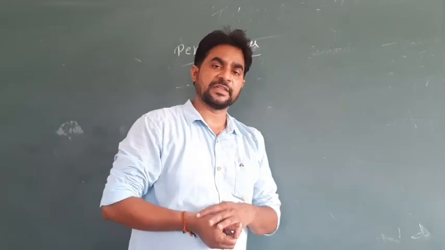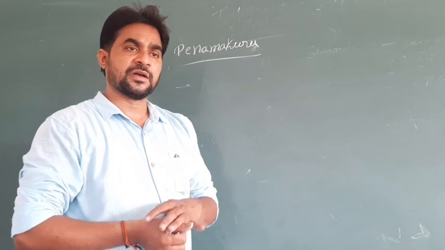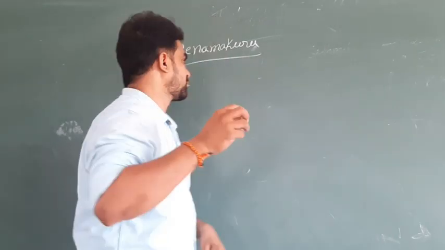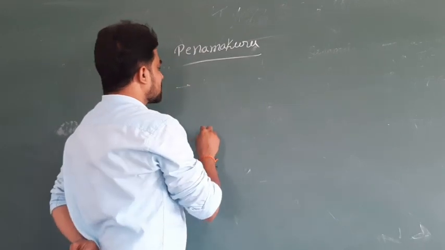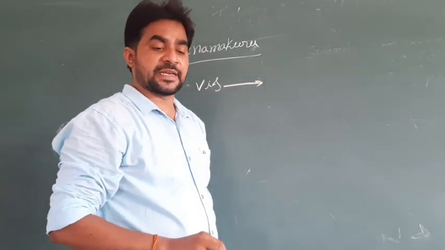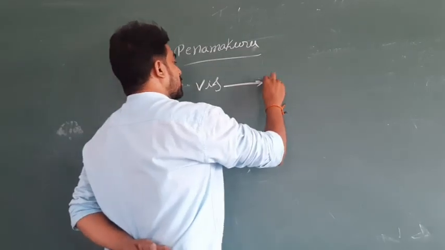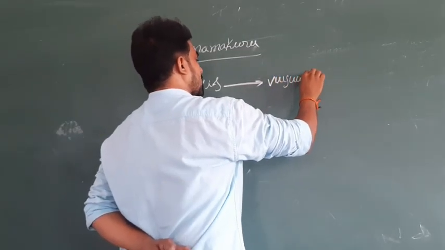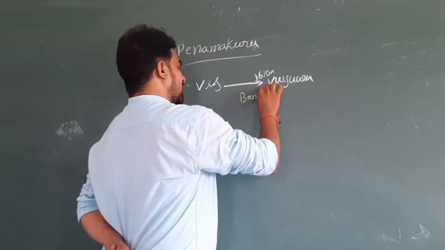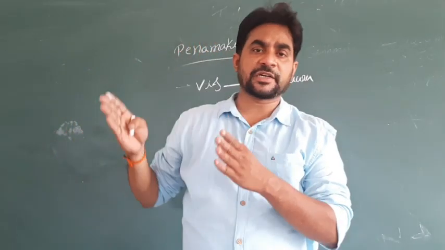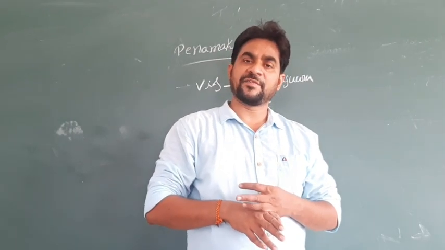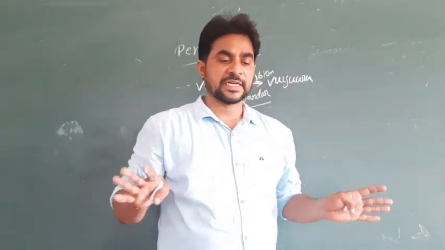Those who prepared this lesson gave an explanation in their own way, and similarly I will also explain in the same way. Those who prepared this lesson started their journey from Vijayawada to Uyyuru. They travelled 16 kilometers. They crossed the Bandar Canal. So they started their journey from Vijayawada to Oyuru, and from Oyuru to Penamakuru it is only 3 kilometers